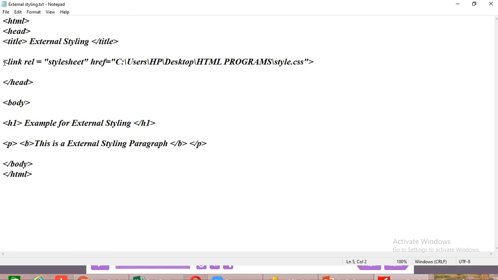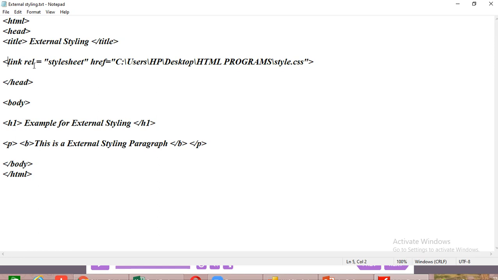Listen here children. First, we want to give the link for that style sheet because we are creating two different notepad files. Between both the notepad files we want to give a link. Without the link, it won't give the style. So first, give the link. LINK, link, REL.